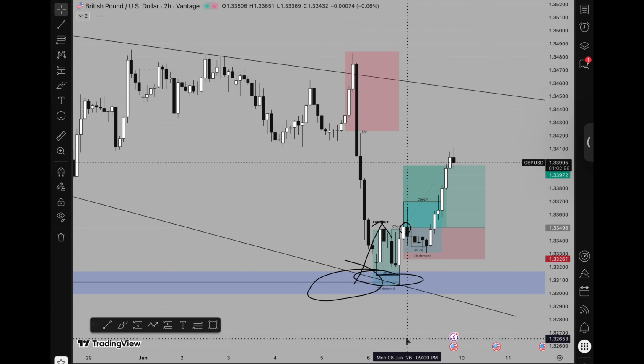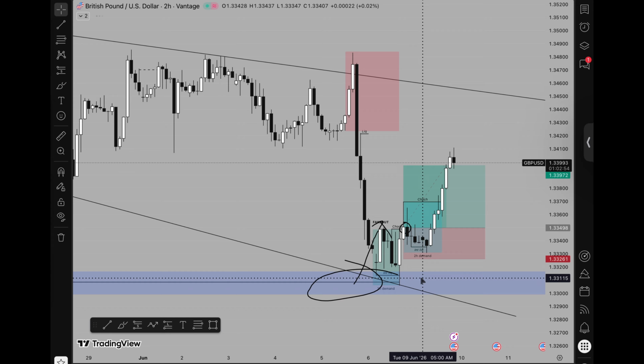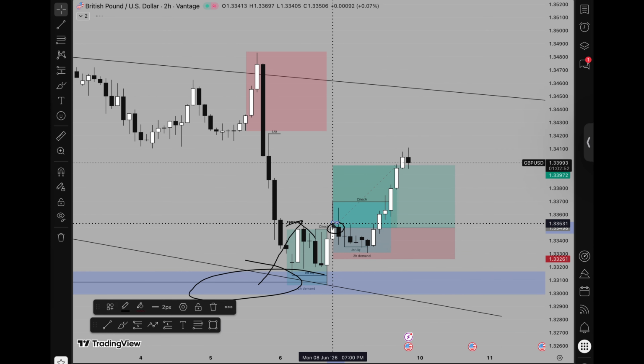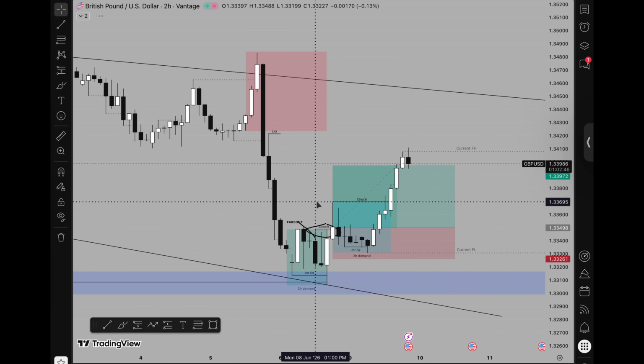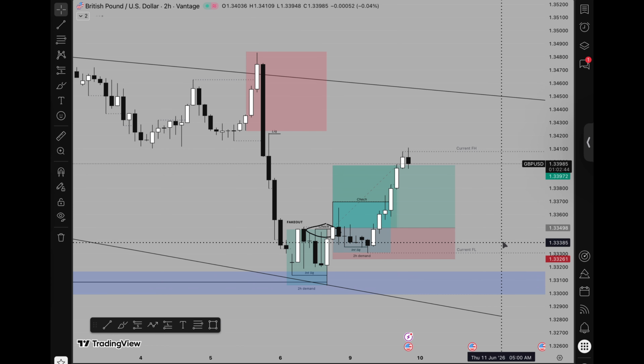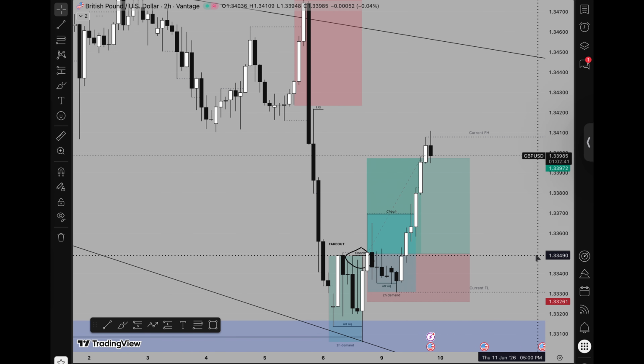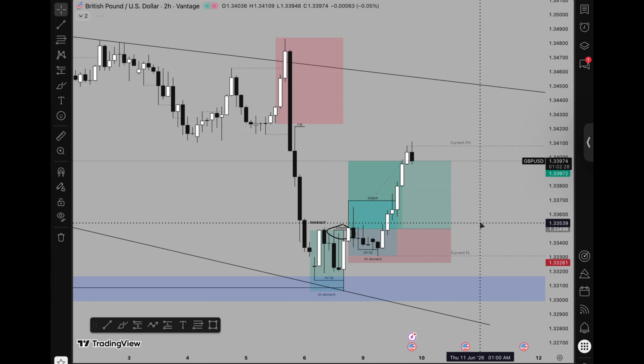And we see that internal liquidation over here. After that, we were looking for a change of character that would happen, and we see that change of character happening over here, and we see that price is now ready to move towards the upside at that point. And so we entered, and now we were targeting